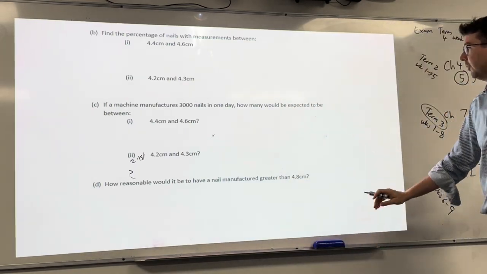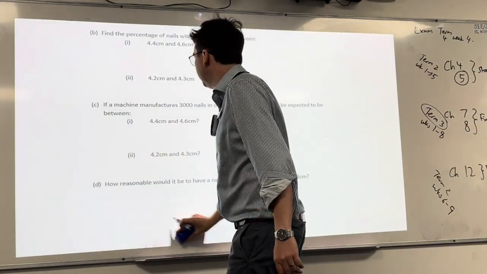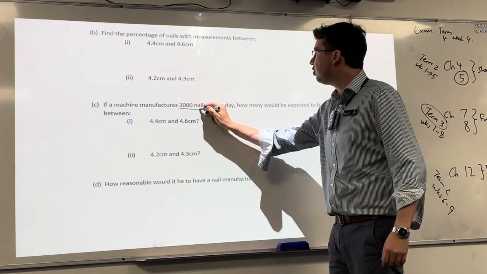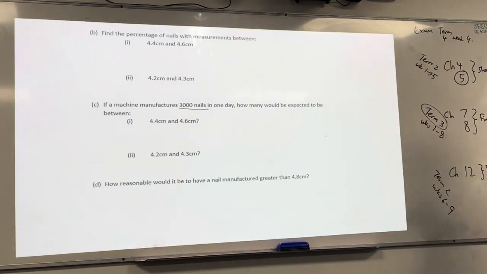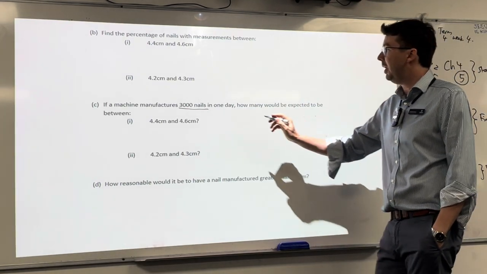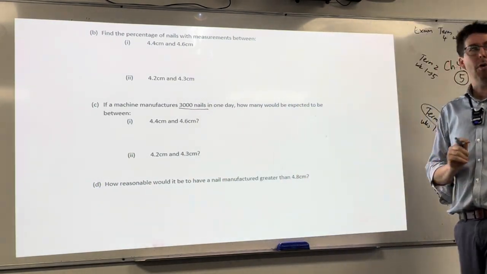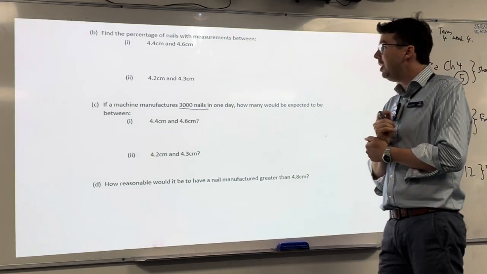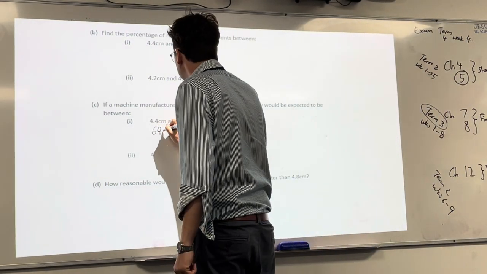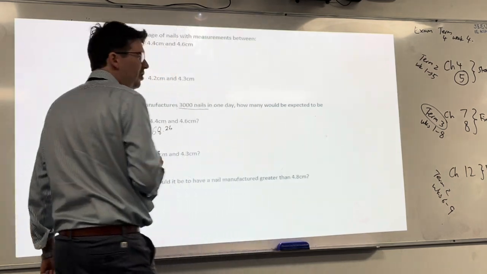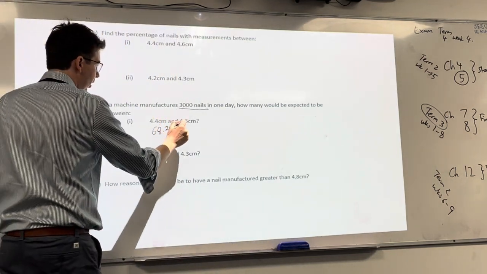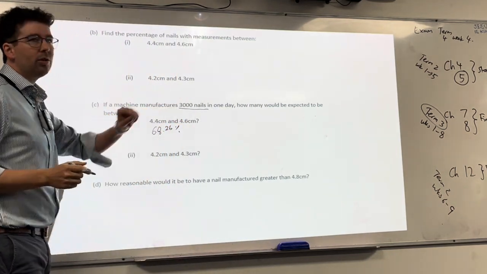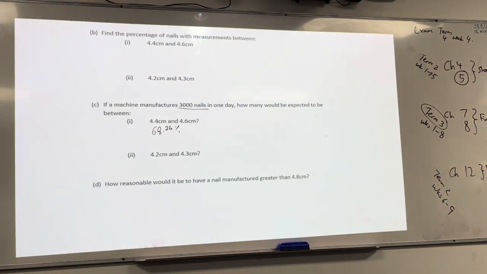Question C. If a machine manufactures 3,000 nails in one day, underline 3,000 nails, how many would be expected to be between 4.4 and 4.6 centimetres? Well, we know it's 68.26%. But we know that there's 3,000 nails. So we know that it's going to be